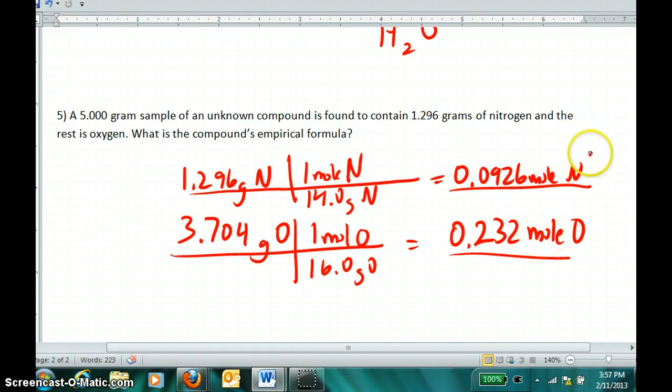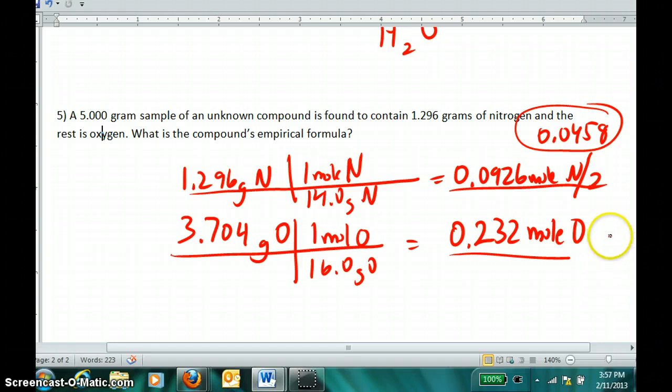So then I would, by trial and error, take half of this value, or roughly 0.0458. And if I divide the moles of oxygen by 0.0458, I get almost exactly 5. And if I divide 0.0926 by 0.0458, I of course get 2, because after